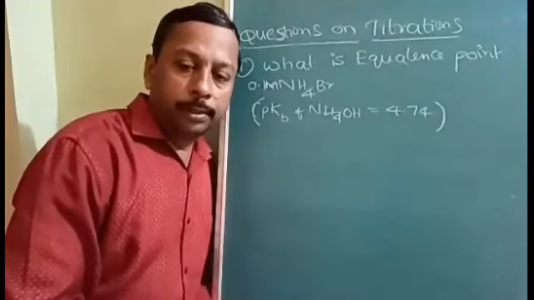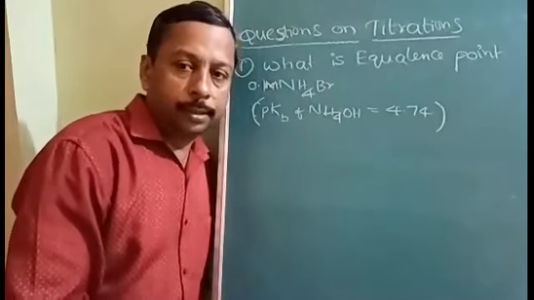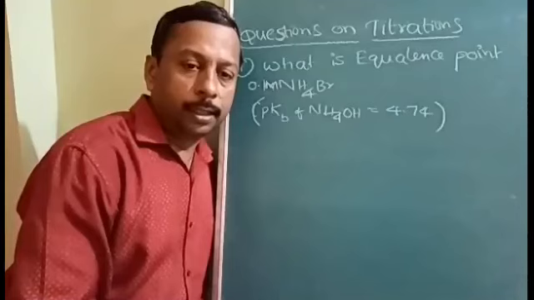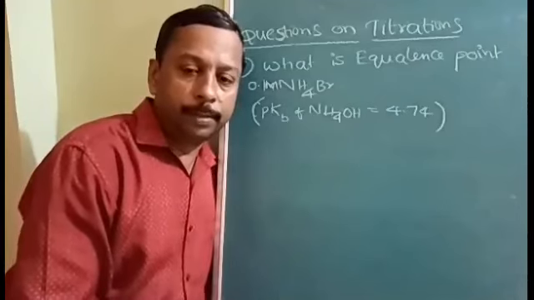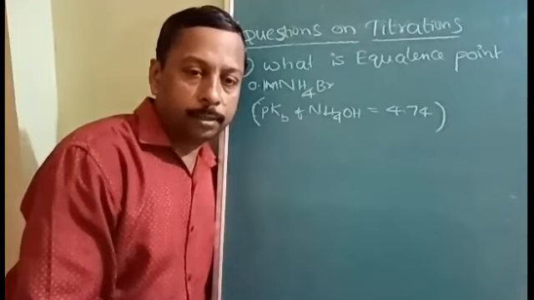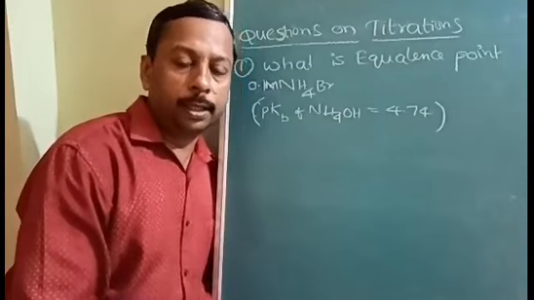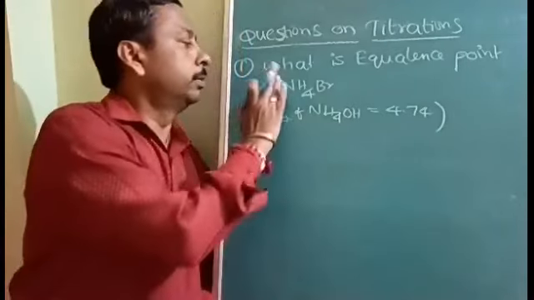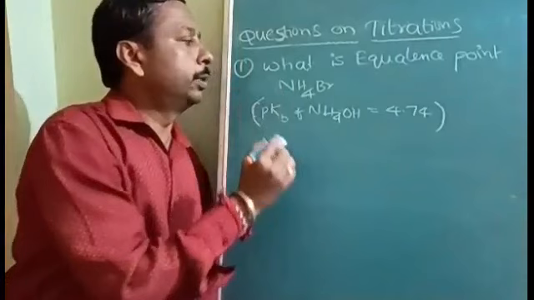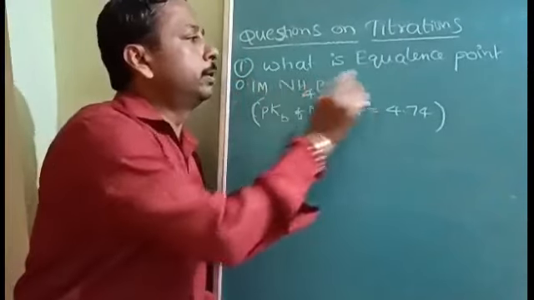Okay, after the theory session of the indicators, there are a few questions. First, I clearly mentioned the difference between the equivalence point and the end point. The end point is related to the indicator and the equivalence point is related to the salt formation. So in this question, the salt concentration is given. What is the equivalence point